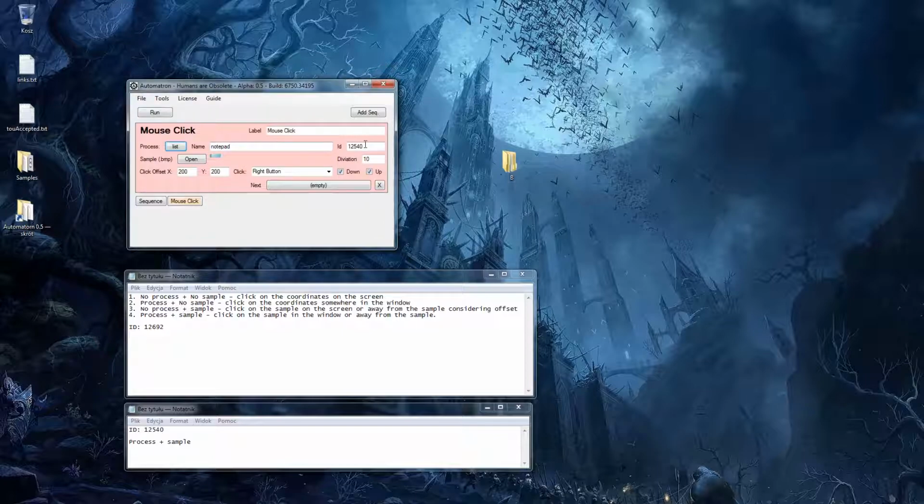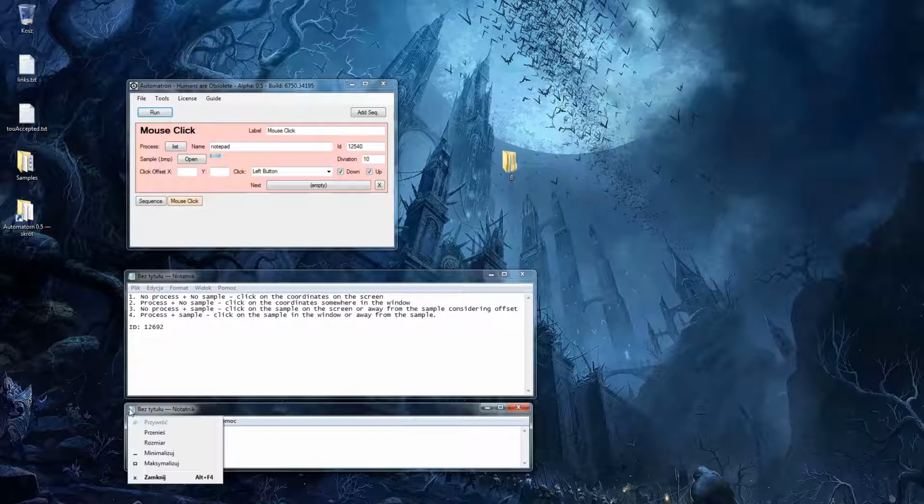Okay, and I'm telling Automatron to look for this specific sample, but only within this process's window. Let me delete the offset and go back to the left mouse button. Okay, let me run it,